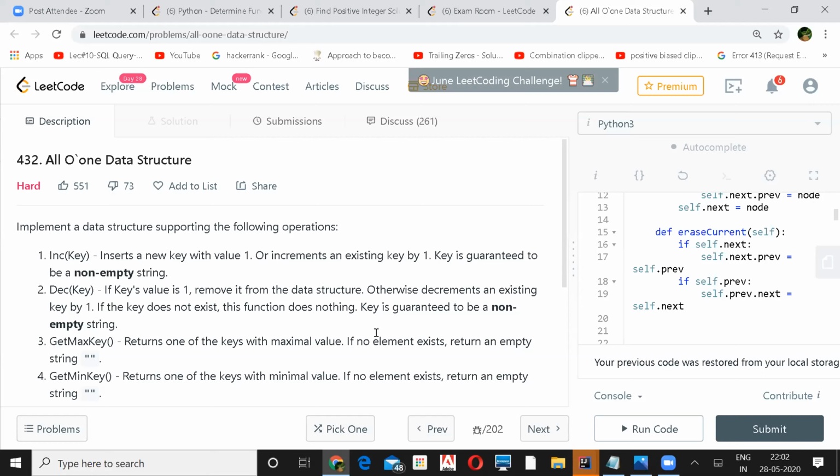But we cannot go with the heap as it says that all operations should be O of 1. Yeah. But it will be O of 1 when we access the get max key and min key, because we'll use the min heap and that will be the top element and that will be constant. But it will heapify again, so that will take log n. So again, we cannot use that, because of the time it will take to heapify. Yeah.